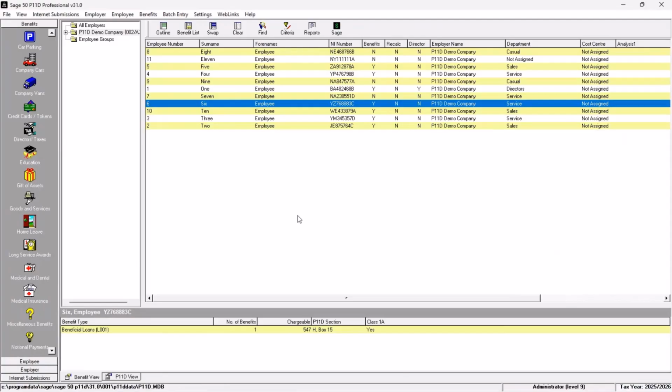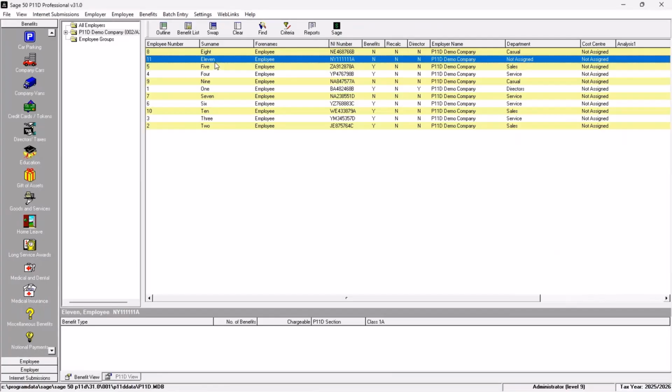Just going to finish this section by creating some benefit records. So we're going to set these up for our new employee that we imported from payroll. So I start by selecting the employee in the list. Currently, they don't have any benefit types here. So I can go to the benefits stacked toolbar, and then I can choose the category of benefit I need to record. So I'm actually going to record a company car. This one is an electric car that the employee receives through an employer salary sacrifice scheme. So if I click onto company cars,